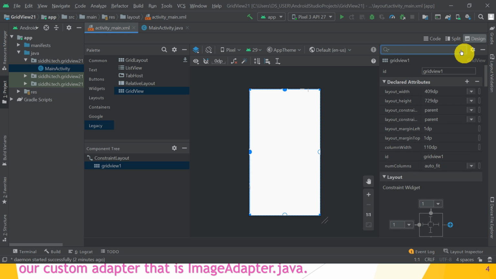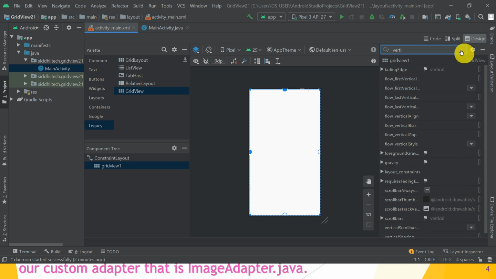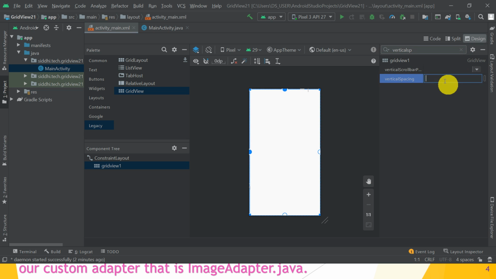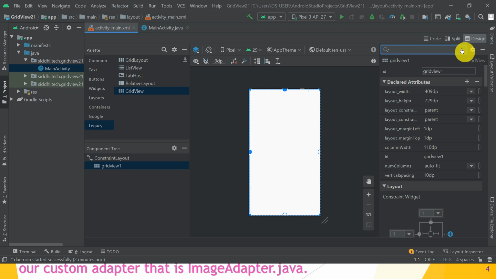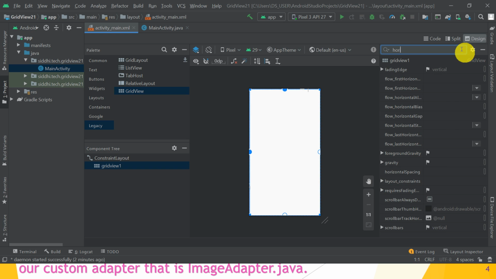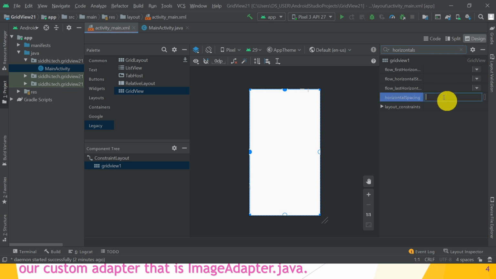Then vertical spacing. So choose the verticalSpacing property. Vertical spacing is how much vertical space we require between the two grids. Suppose I have chosen 10 dp. Then horizontal spacing. Choose this attribute.